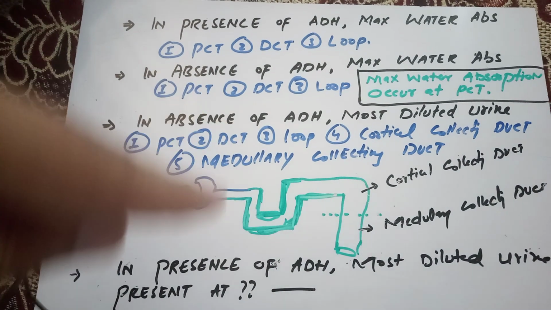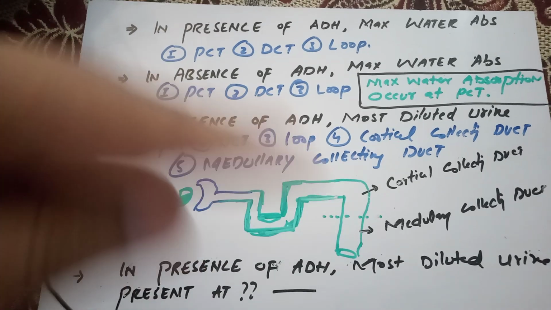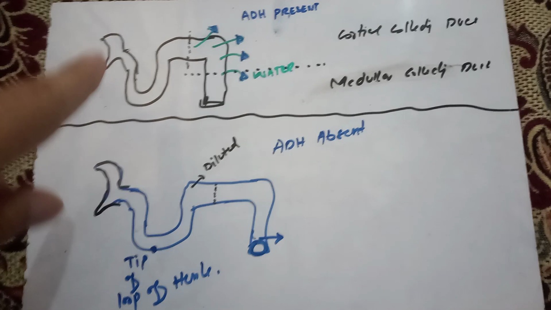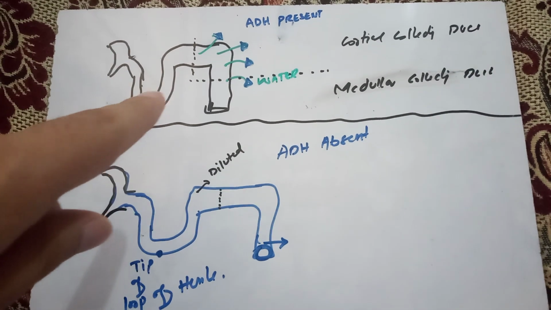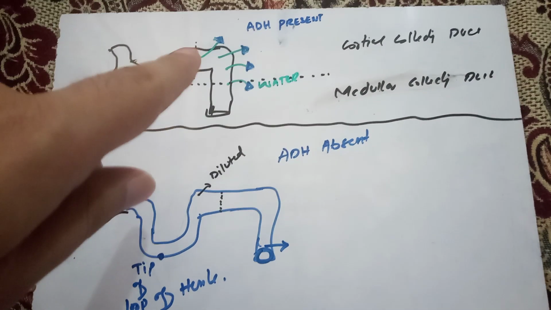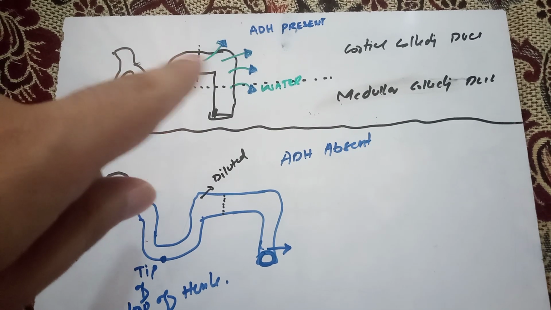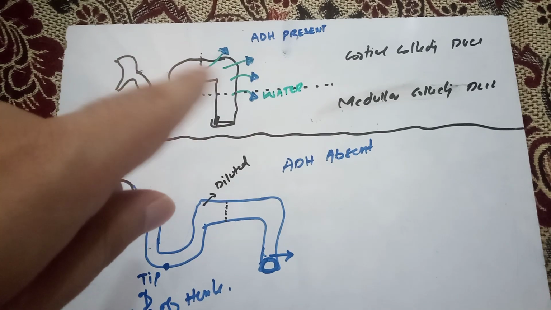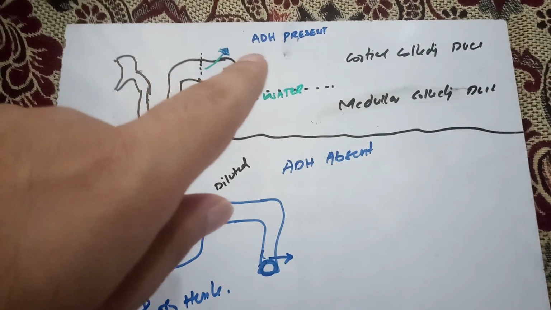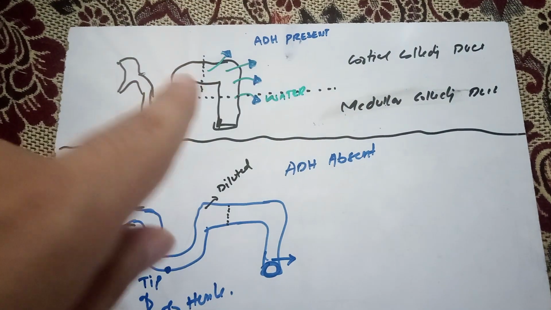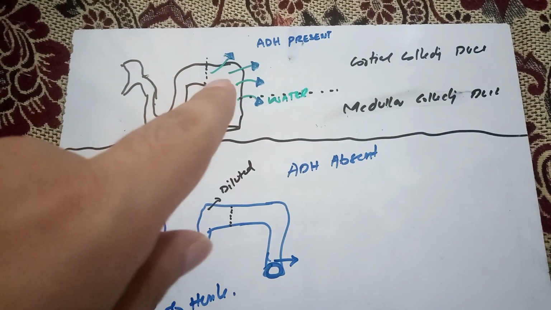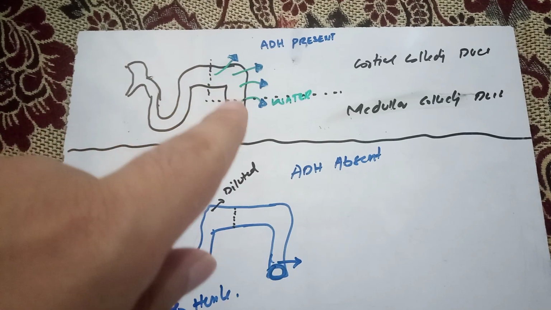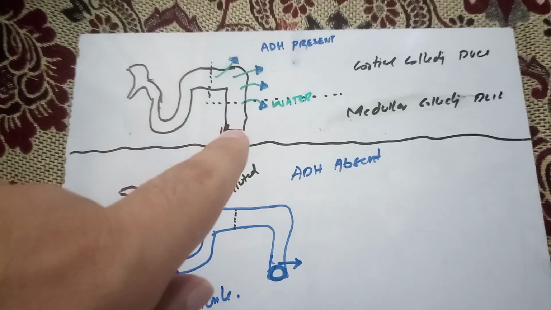Now to know the concept behind these, we will explain on the diagram. In order to memorize these, the infiltrate comes over here. Till this point it is most diluted. After that it depends upon the ADH. If the ADH is present, it will draw water. If it draws water, inside the water is less but the solute is more, so it is concentrated urine. Inside it is most concentrated urine.